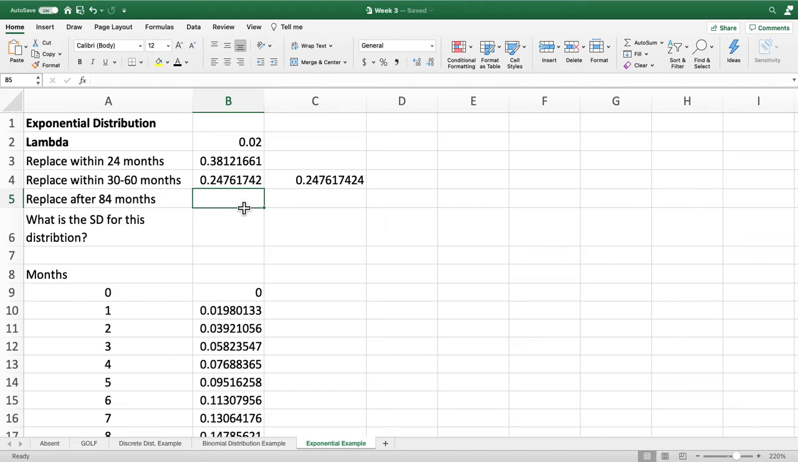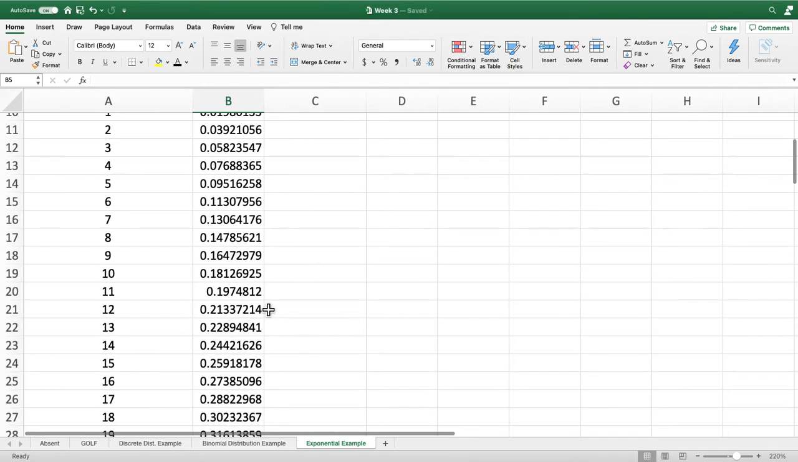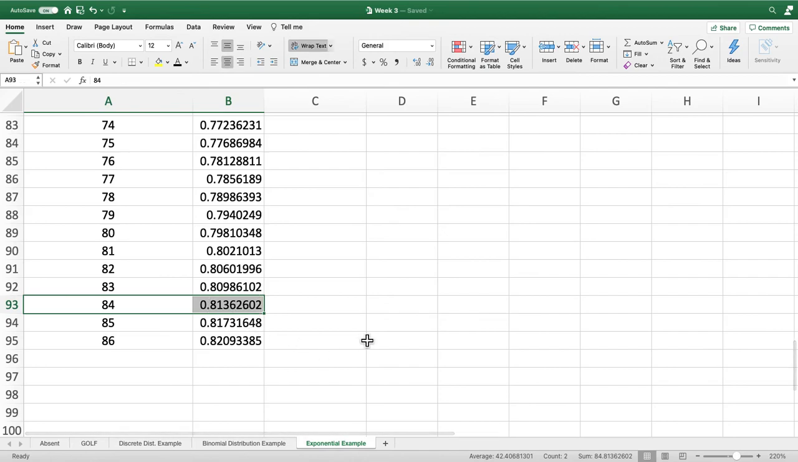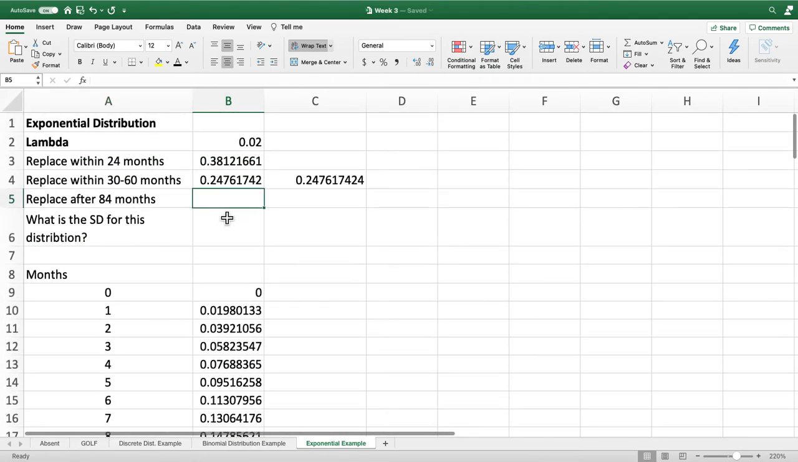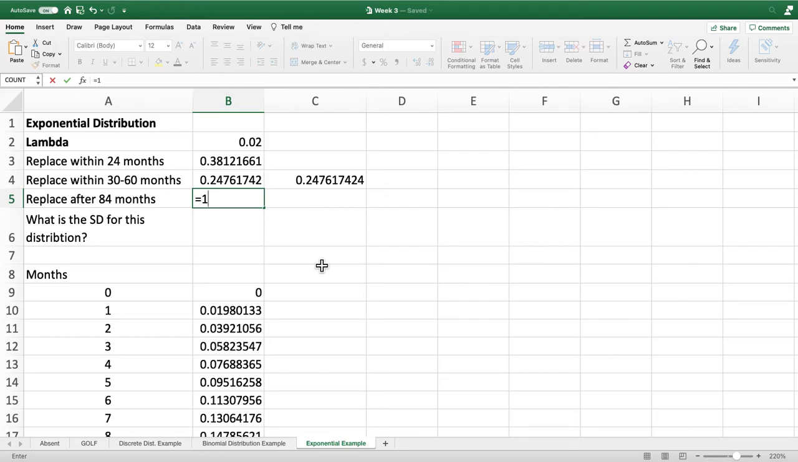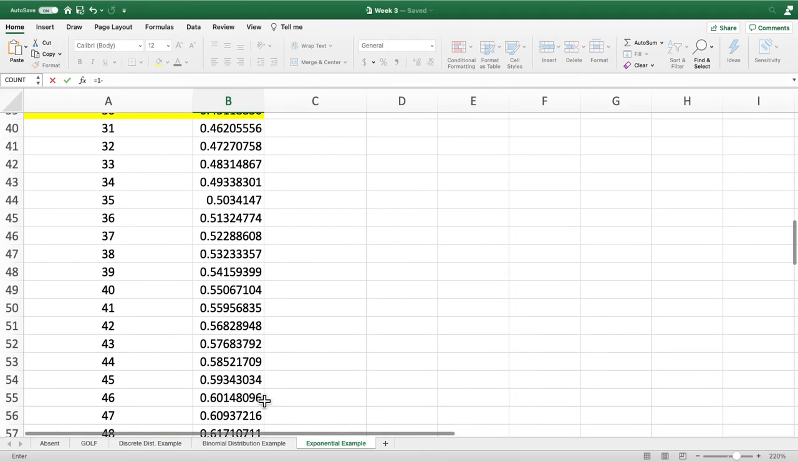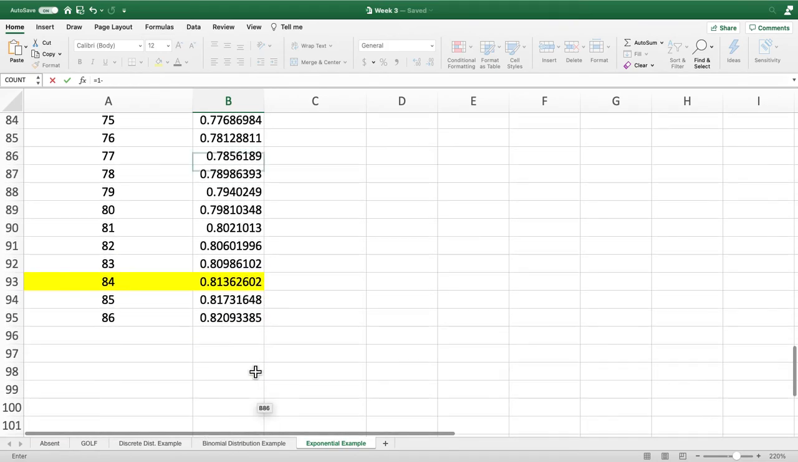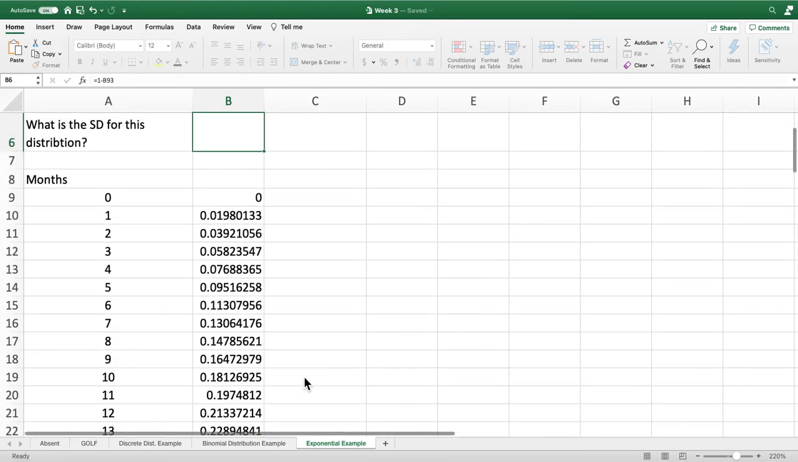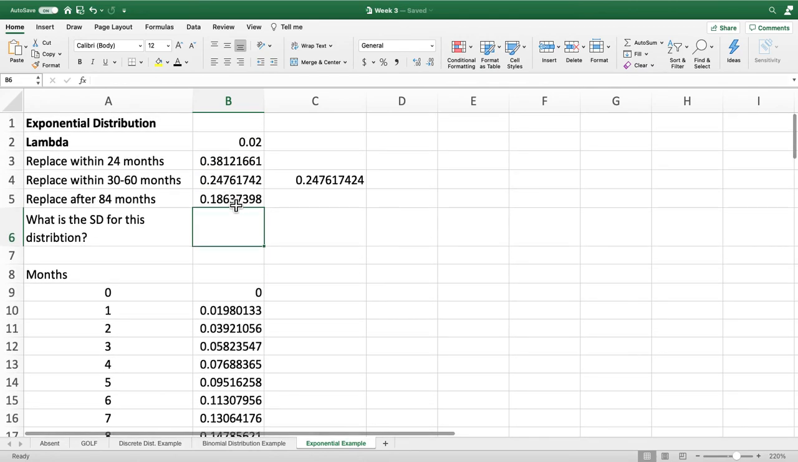This last one, we're looking at month 84, so we come down, find our month 84. So we find that there is an 81% chance, basically, that you're going to have to replace your battery within the first 84 months. So what is the probability that you'll be replacing your battery after 84 months? Well, we simply take 1, because that would be 100%, and subtract our cumulative probability at 84 months. And we get 18.6%